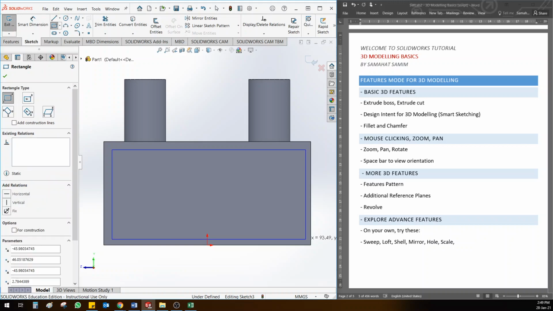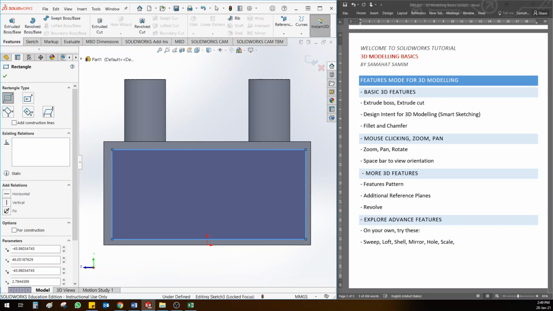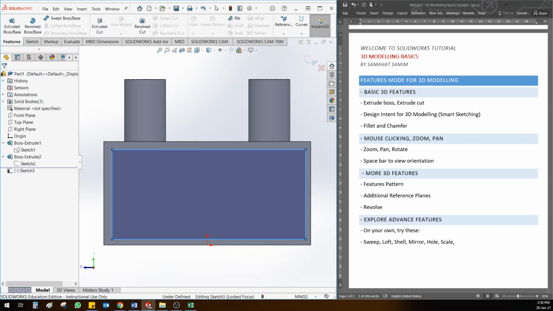Now it's good to give dimensions here, but in order to save time, I'll skip the dimensioning part and show you how to go to the extrude cut feature. Okay, so let's go to features. There are two options you can do. If you go to features and select extrude cut directly, it will automatically choose the sketch which is available. But if you exit the sketch, you have to click on the sketch to choose it. So let me give you the other option, because that's what people normally do. Just click OK. Once you are done with the rectangle, you can exit your sketch,